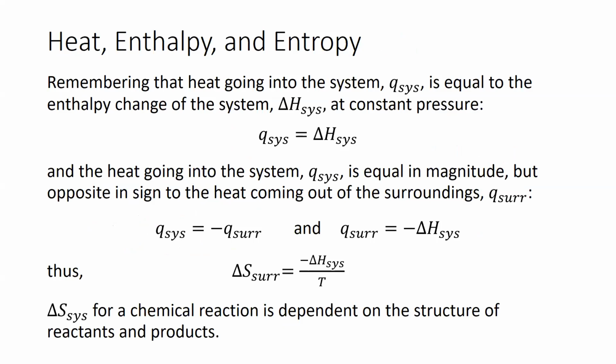So, how is this related now to the entropy and the heat associated with the system? Well, if we go back all the way to chapter 6, when we talked about heat, we also said the heat of the system is equal to the enthalpy change of the system at a constant pressure. And we were a little hand wavy with this at the time, but the whole idea is when we talked about enthalpy back in chapter 6, we said the enthalpy,